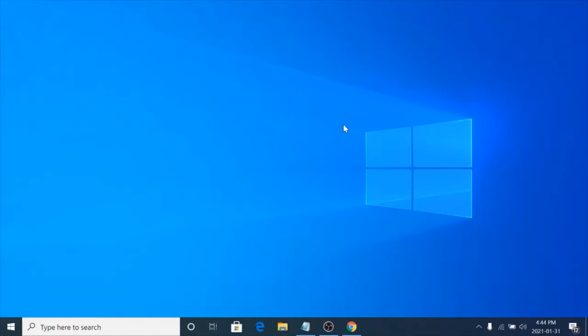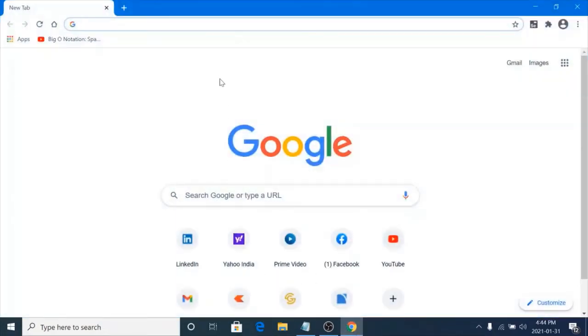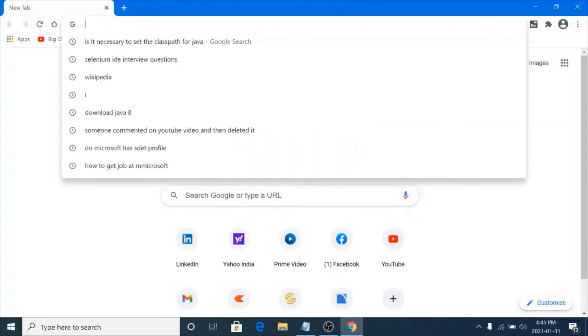In today's session, we will see how to install Java 8 on a Windows 10 machine. Let me show you how to download the installer for Java 8 and how to install that. Let's launch the Chrome browser and search for